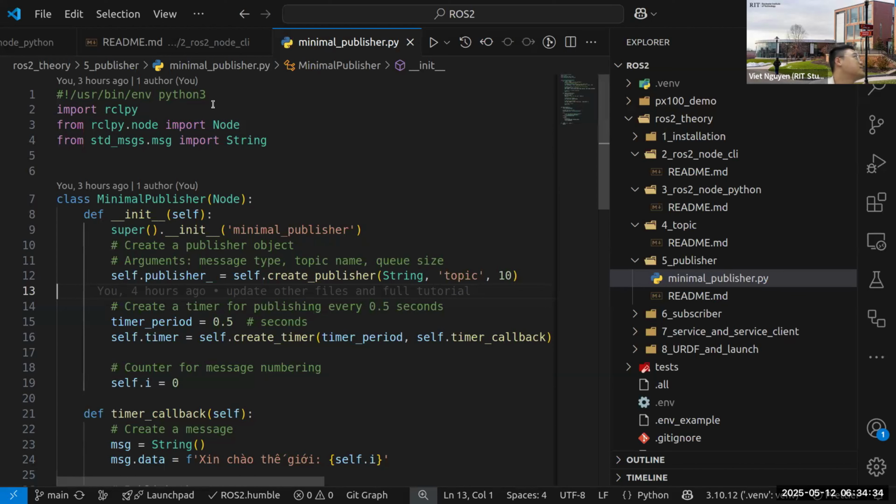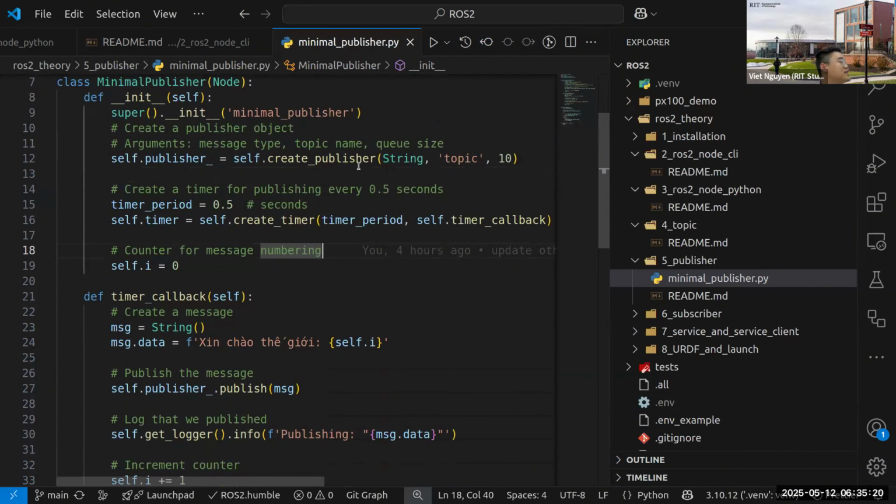Oh, rclpy comes together with the ROS2 libraries or ROS2 framework. So when you successfully install ROS2, you can also import rclpy. Right, so rclpy is basically the bridge between ROS2 and Python. It basically provides different interfaces that we can implement. We can control ROS2 easily using Python. So in here we implement the node class, right? And then basically these publishers